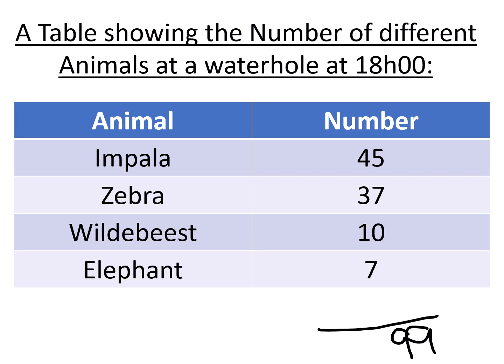Okay, so here's that table I was talking about. 45, 37, 10, and 7 makes 99. So to calculate the percentage of impala, we take the 45, we divide it by the total number of animals there were at the watering hole, and we times it by 100, and that will give us our percentage. Okay, so percentage is not too bad. That is giving us our labels, not the chunk of the pie. This is for the label, it's for the key.